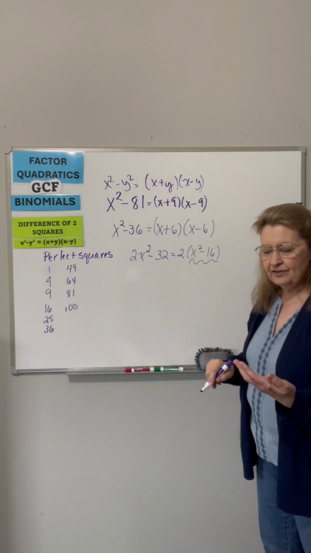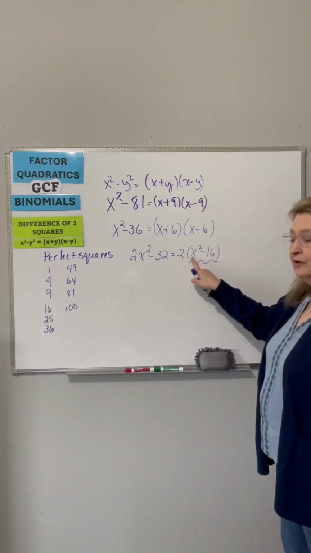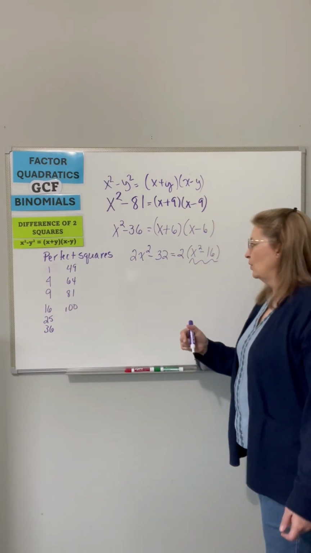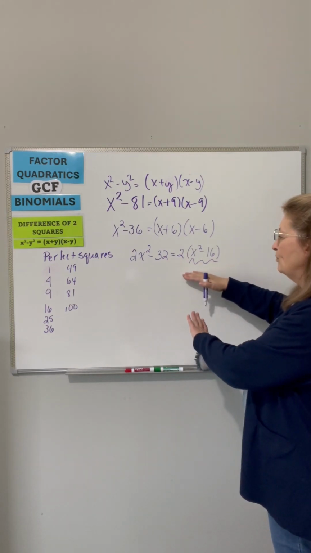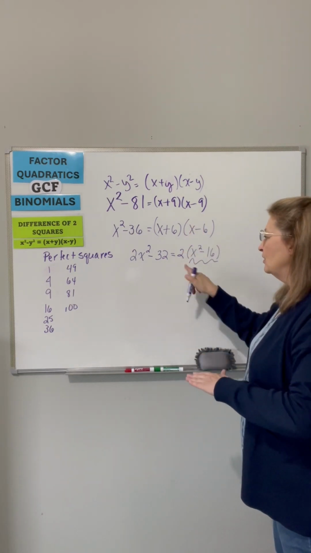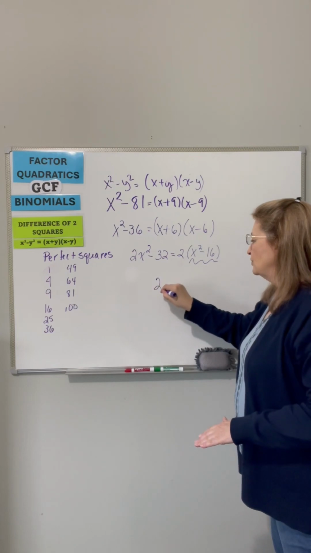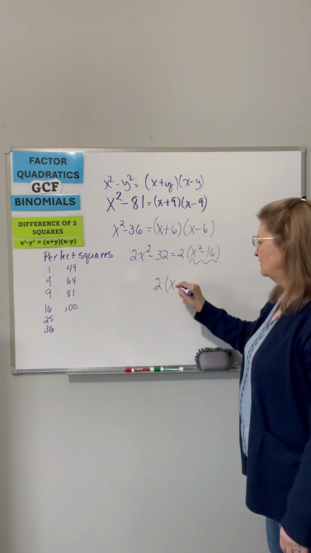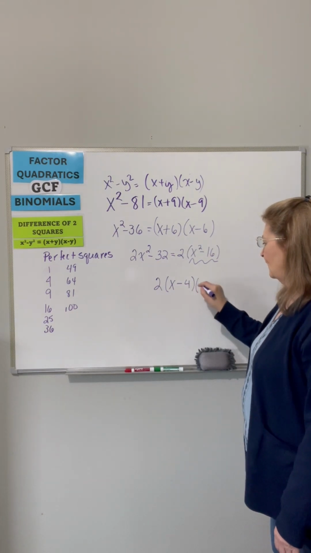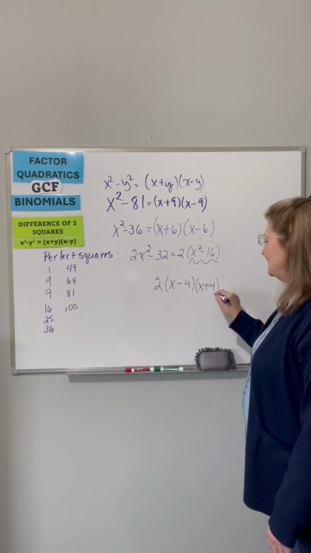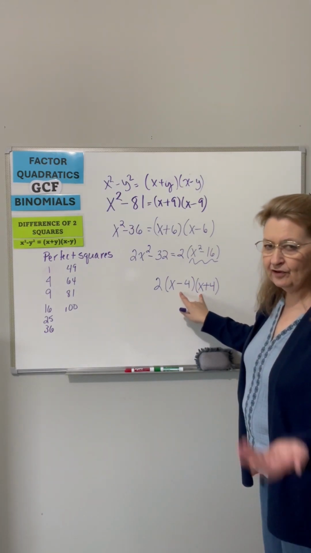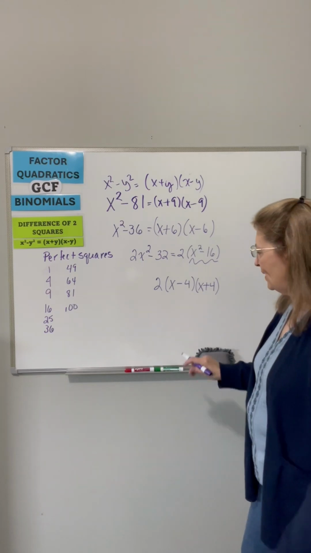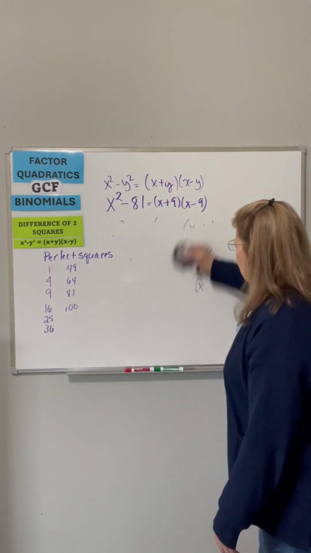Is that a difference of 2 squares? Well, x squared is a perfect square. I do have a minus sign, and 16 is also a perfect square. So let's just apply this formula. Now, when you apply the formula, you cannot lose this 2. So you're still going to have 2 times the square root of x squared, which is x, minus 4, x plus 4. And it doesn't matter whether you put the minus first or the plus first, as long as you use one of each one. Okay, how about, real quick,